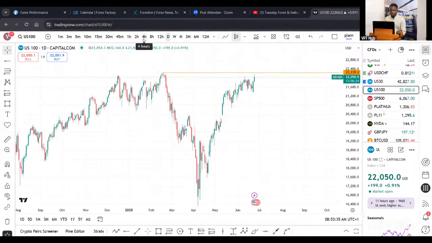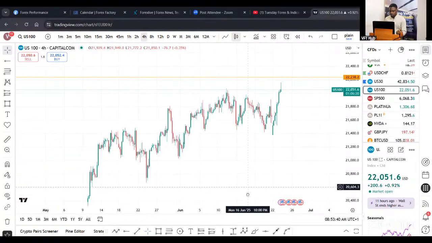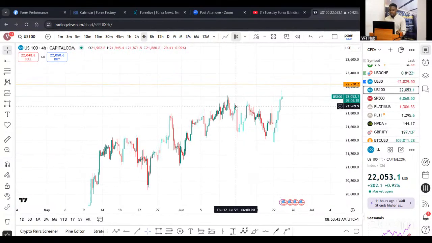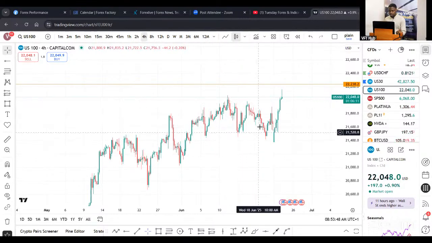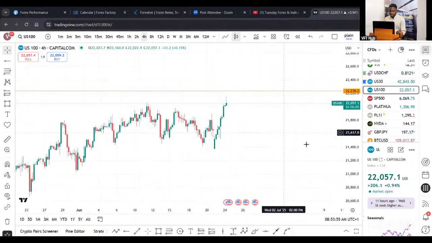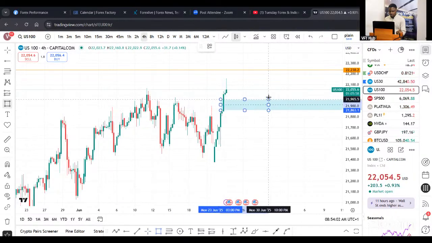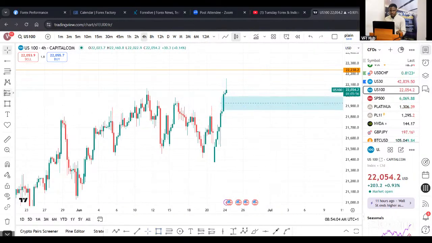All right, I'm going to the 4-hour time frame. What can we see here? You can see that price has rejected our levels that we bought last week and that we sold last week. Price has really done its thing, and it's rejected all of these levels. So I'm looking at this. Price might do what it usually does, which is react off fair value gaps. It's under a fair value gap just below here.